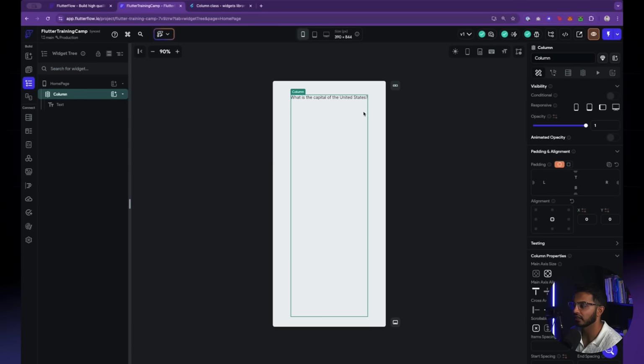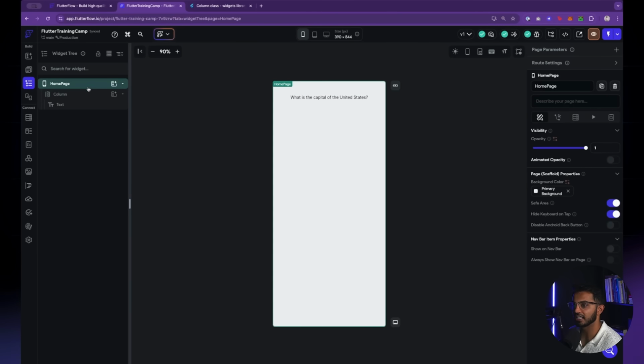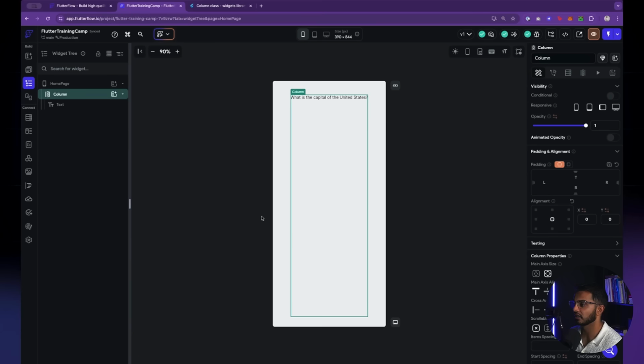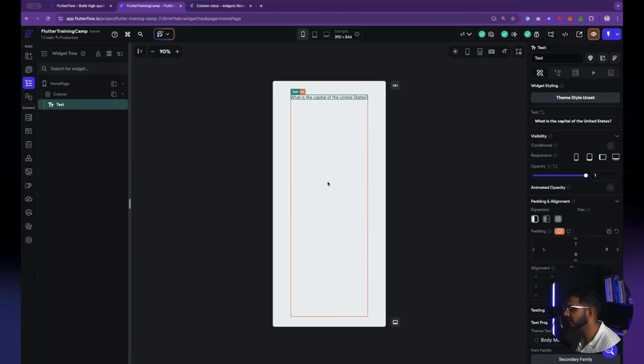It's telling you the space that the column needs to consume. And if I click on homepage, notice how homepage has a lot more space, but column is a lot smaller. Well, that's because homepage is a limitless bound and column has a limited bound. So you can always just refer to the bounding box that appears when you click on any widget. So long story short, I was able to center align it.